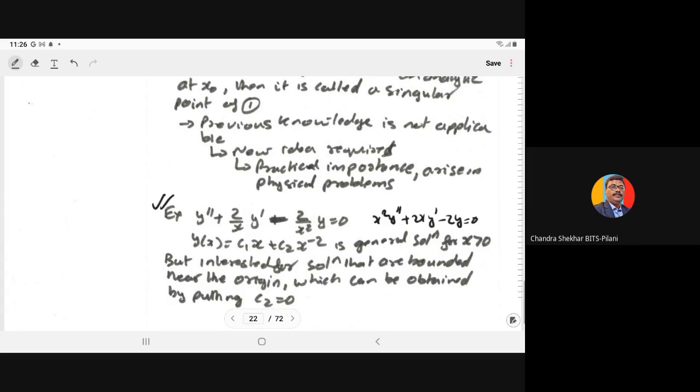In this we have the solution by substituting x is equal to e to power z. That means we transform the independent variable from x to z by the substitution x is equal to e to power z. Article 6, section 17. In section 17 we have the equidimensional differential equation. There we convert the independent variable from x to z using the substitution x is equal to e to power z, or z is equal to log x. Then we have the reduced differential equation of second order with constant coefficients, and for constant coefficients, you know very well how to determine the solution.